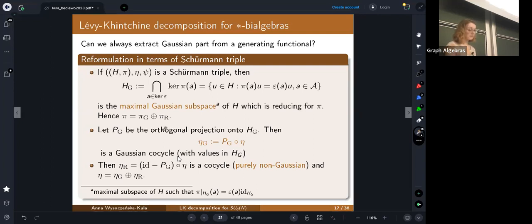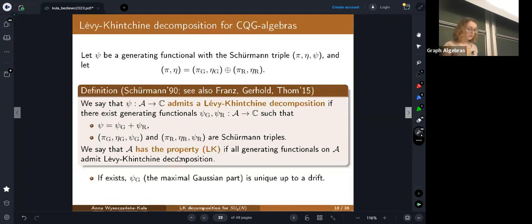So the representation will decompose, and then the cocycle will decompose accordingly. So we can define the orthogonal projection onto this Gaussian subspace and project the cocycle onto it. And what we will get is a cocycle again, and it will be a Gaussian cocycle. And the remaining part will be a cocycle again, but it will no longer have this Gaussian subspace. So we call it purely non-Gaussian. So we can do the first two steps if we are given a generating functional and the associated Schürmann triple; the associated Schürmann triple means that we assume it is surjective. Then we can decompose the